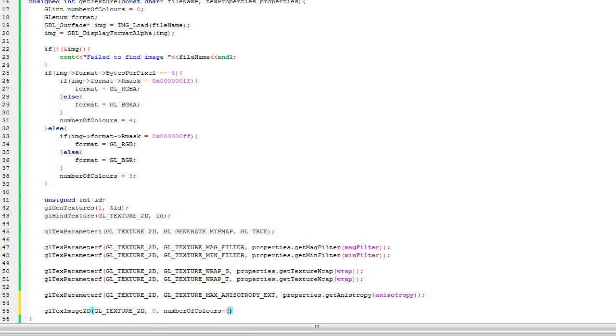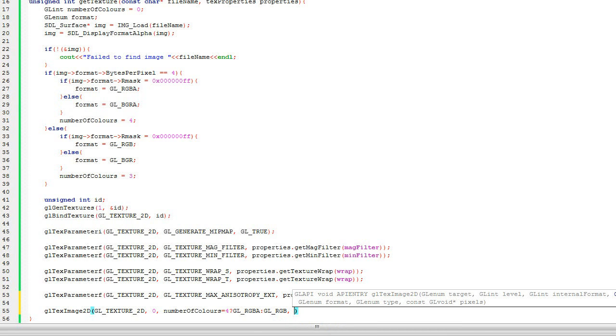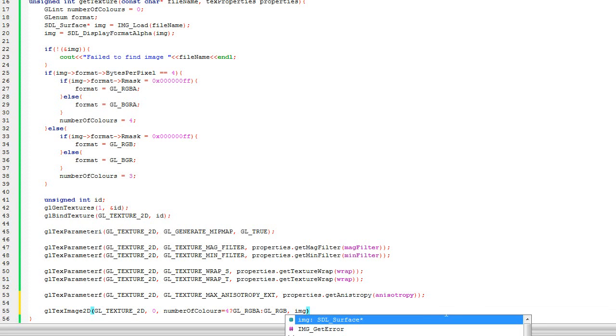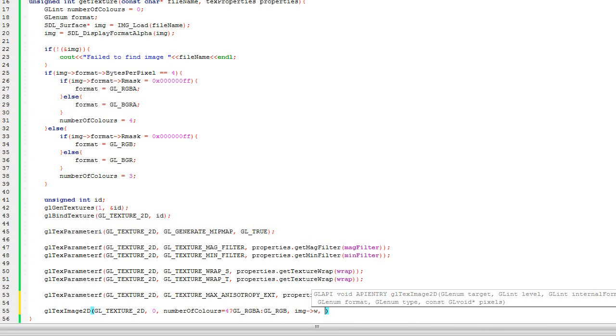equals 4 question mark, and then value if true is GL_RGBA colon GL_RGB. Then the next argument is the width of the texture, so that is literally just the original SDL surface dot w. And then the next one's height. Work that out for yourself. The next one's the border. I don't know what that does, but it's always set to 0. And then the next one's the format, as determined earlier. Then the next one is the type